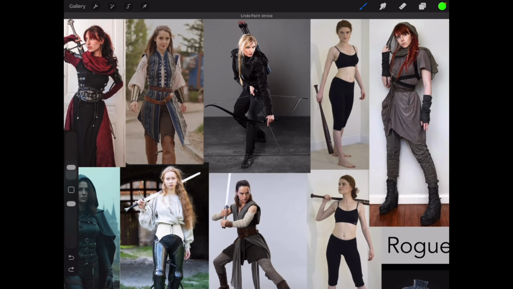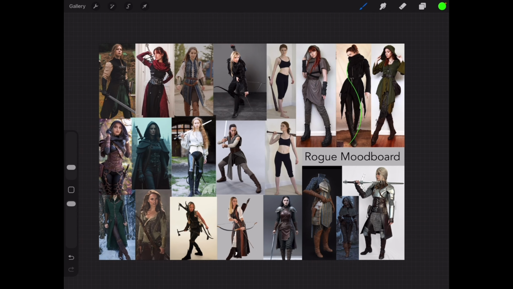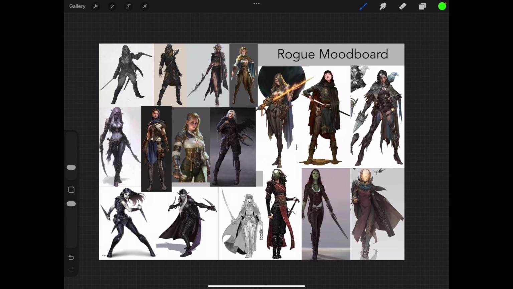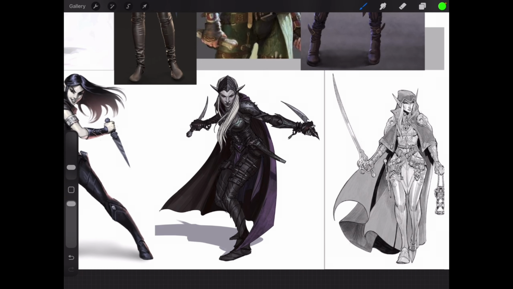So I'm also seeing a lot of flow in these poses. As well as them being quite sturdy and robust characters, there's also a sense of flow and fluidity, which would be really nice to replicate in my own sketches. Through other artists and artist references, I'm now seeing even more character come through. So like before, these characters feel even more dynamic. So what I'm seeing is an exaggeration